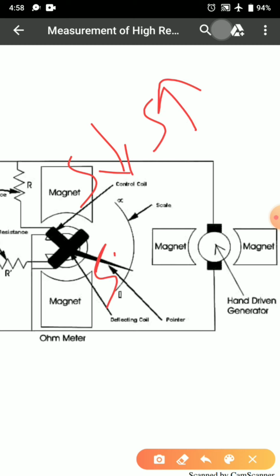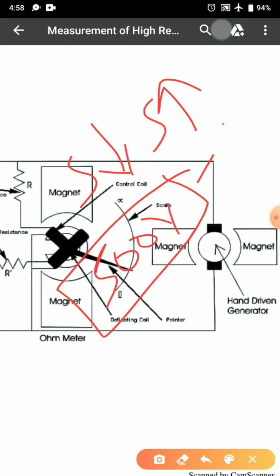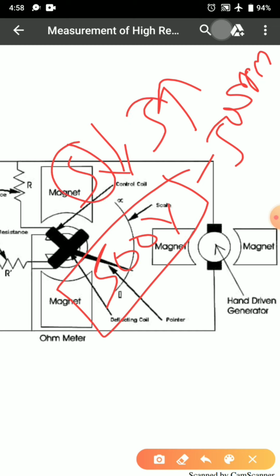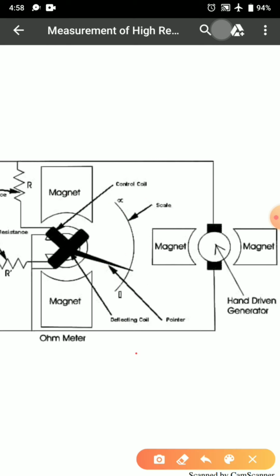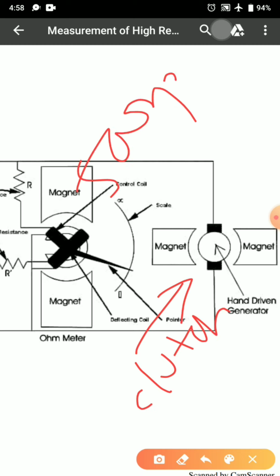For example, if I want 500 volts to be generated, 500 rpm speed has to be maintained. Now how to achieve this? Different persons using the same megger will be rotating the hand driven generator at different speeds. To balance that, the hand driven generator has a clutch arrangement. If the rpm value goes greater than 500 rpm, the centrifugal clutch incorporated in the generator will slip off at a predetermined speed, so that only constant voltage is applied to the insulation under test.